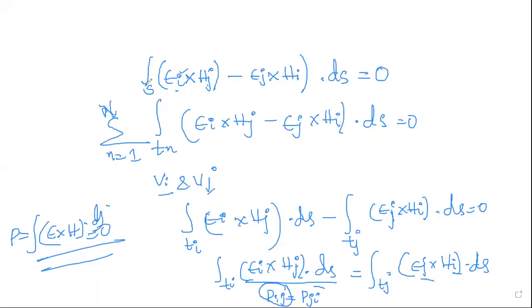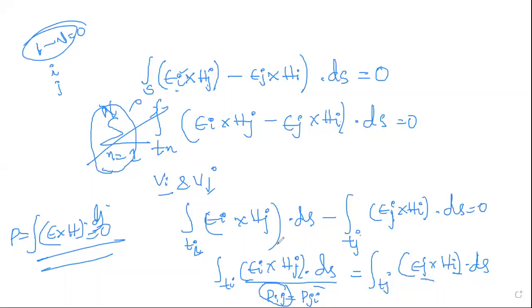Fine. I'll explain once again. So this is your Lorentz equation, closed surface integral. You are considering non-zero elements, because you have taken only the ith and jth port. For the rest of the ports, from 1 to n, you have considered the voltage as 0. So for the ith port and the jth port, Ei cross Hj minus Ej cross Hi dot ds is equal to 0. Here, all the other terms will go to 0, so the remaining terms are with respect to I and with respect to J.